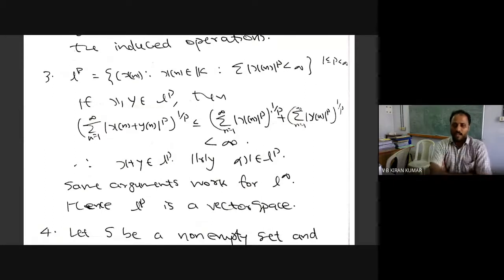Now, lp spaces. So we introduced small lp space, right? Let me just recall the definition. Now, you know that it has the same structure, right? What is the zero here? The zero sequence. Now, if x and y are there, then x plus y is also there, and alpha x is there. Are you comfortable in proving that it's a vector space? Any question regarding this? I guess all of you know that it's a vector space, right? Simply use component-wise addition of sequences. So any doubts regarding making small lp a vector space?